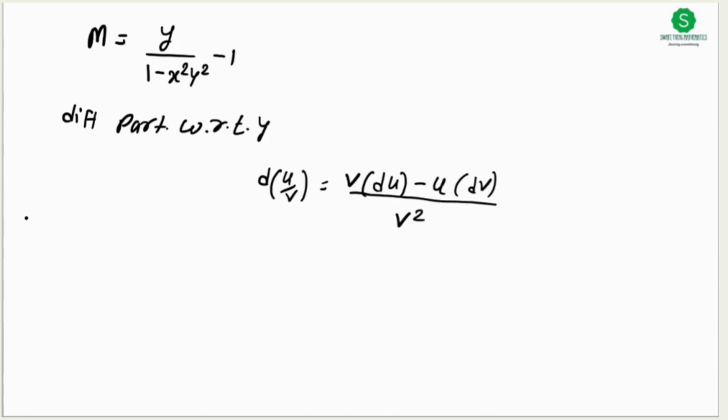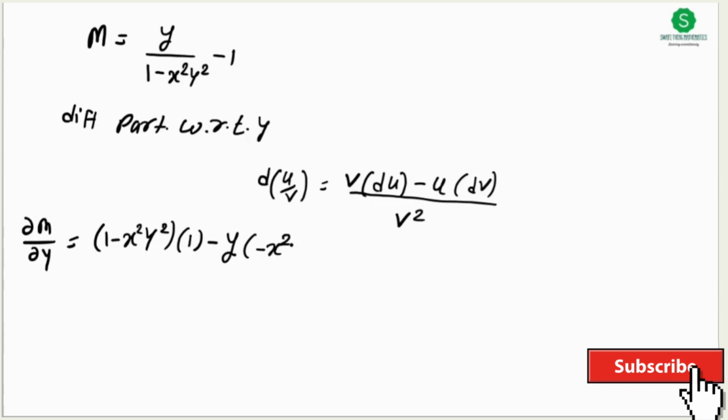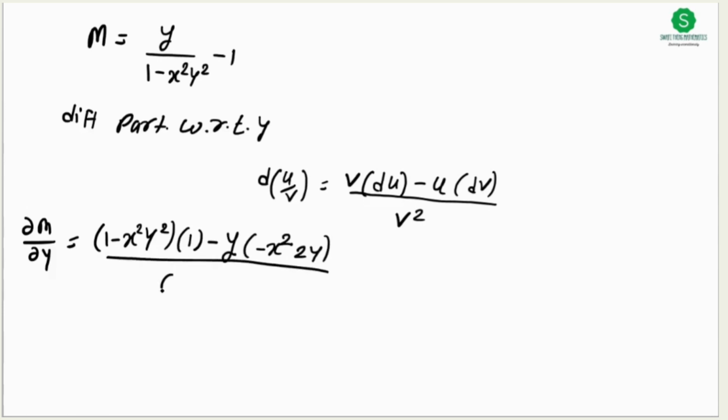So here del m by del y is equal to denominator term 1 minus x square y square as it is, derivative of numerator, the derivative of y with respect to y is 1, minus numerator term y as it is, derivative of denominator. So denominator 1 minus x square y square, the 1's derivative is 0, x square is constant, so minus x square multiplication term as it is, derivative of y square is 2y, divided by 1 minus x square y square